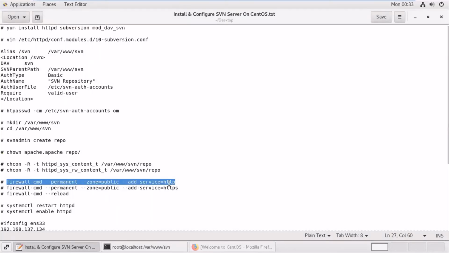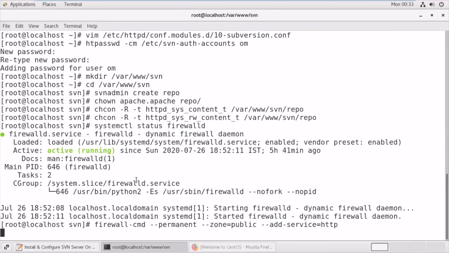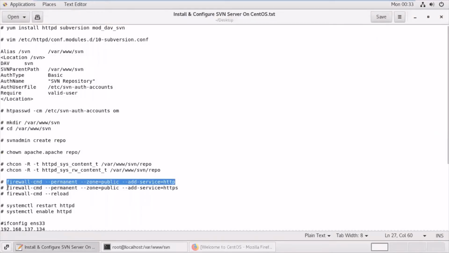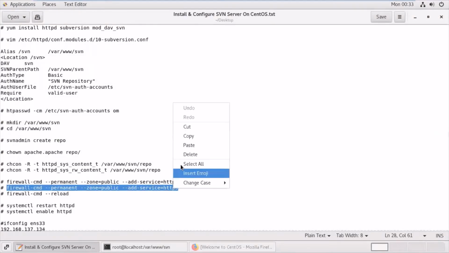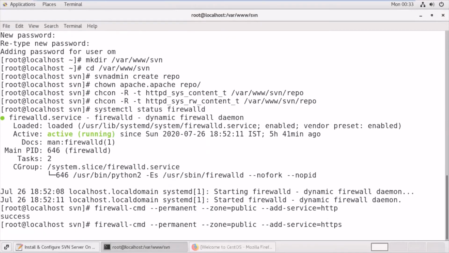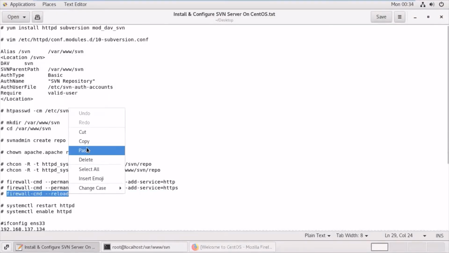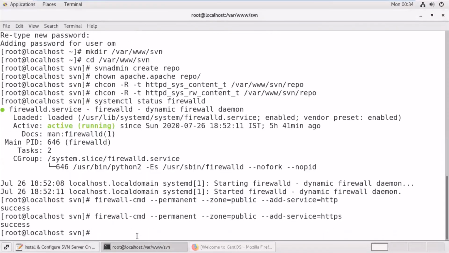So let's add these protocols like HTTP, and we are going to allow HTTP and HTTPS because we are going to use these protocols during access of the SVN server. So let's allow. Now let's reload the firewall rules.